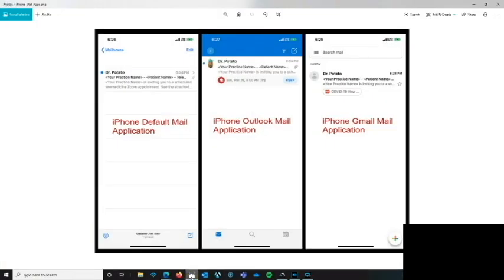So let's see, what would it look like? This right here is 3 screenshots of 3 different mail clients on an iPhone XS Max. This was done on mine. I just created the demo here. On the left here, this is the iPhone default mail application, and this is what it would look like when it came into the default mail application. And this, your practice name, this is placeholder stuff that we did earlier. It would actually say whatever you wanted it to say here. And that you've been invited to a